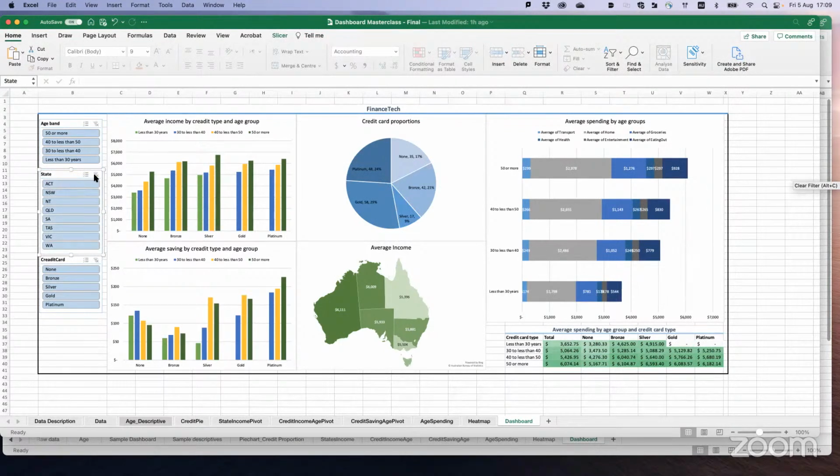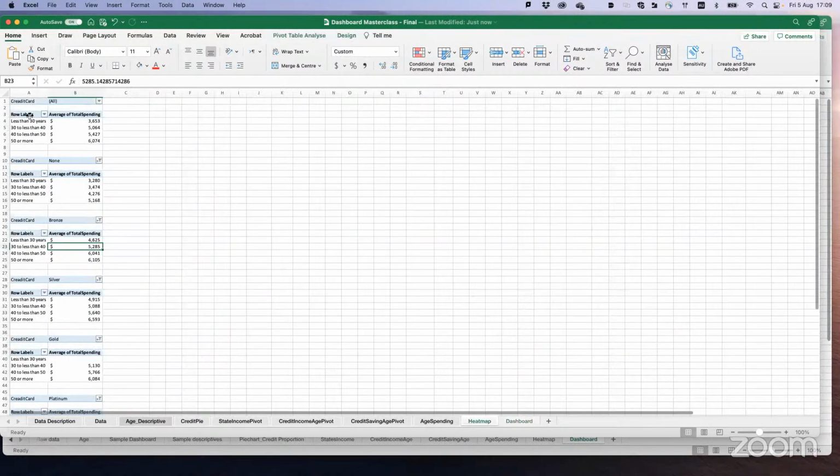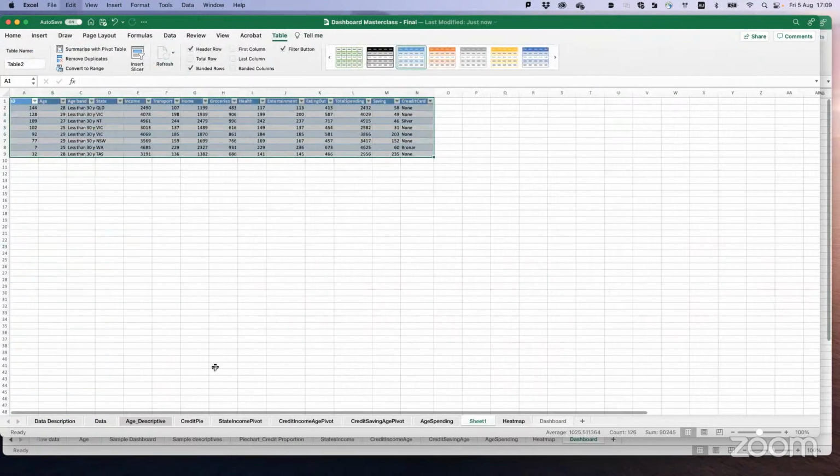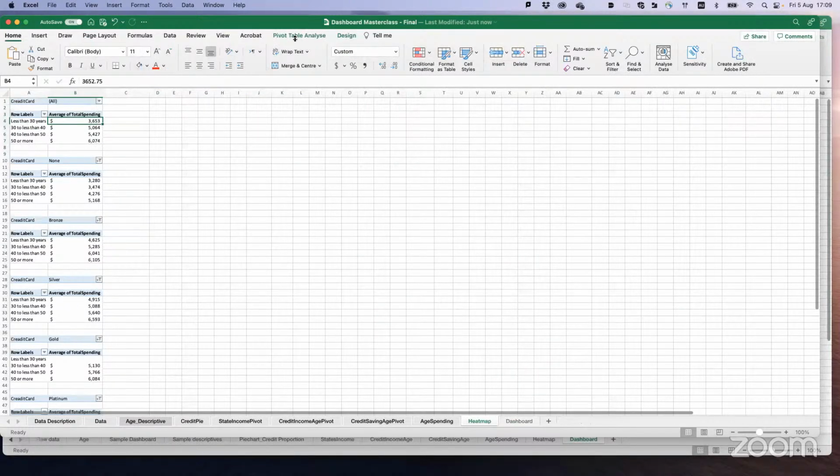Especially one major issue is because you had a filter for credit type. If you go to our heat map, we had all of those filters there. Okay, so